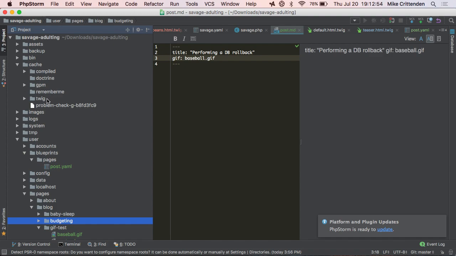So it just stores all that stuff. And it uses Doctrine cache, so you can use memcache or Redis behind the scenes if you want, instead of just file-based. It watches the page modified time and looks at that and says, you modified, so I'm going to index away your slug.